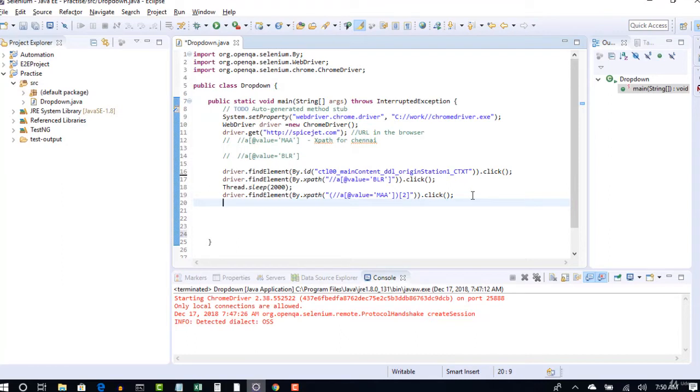So every point what I explain is based upon the real-time projects I faced when working with Selenium. Even right now I am working with one client on a consulting project, and all the problems I face on Selenium I'm just noting down and updating the videos based upon that. Okay, now the next point.